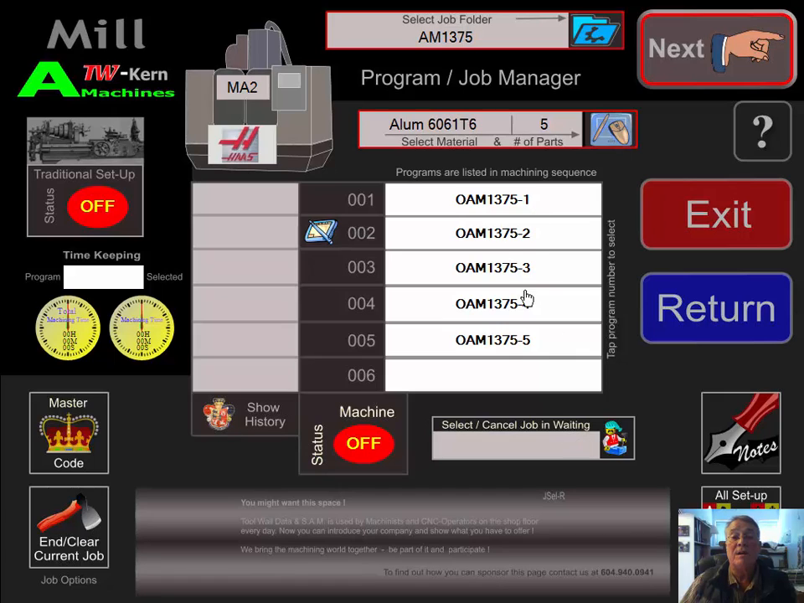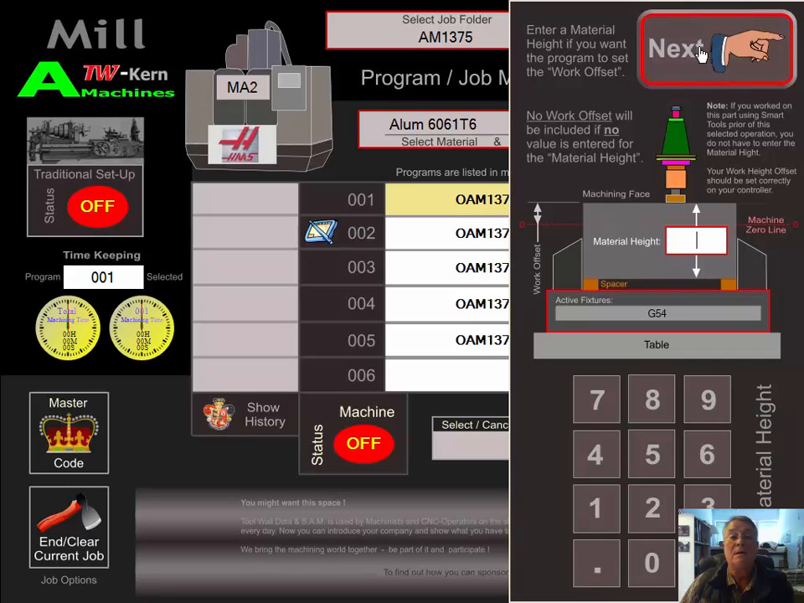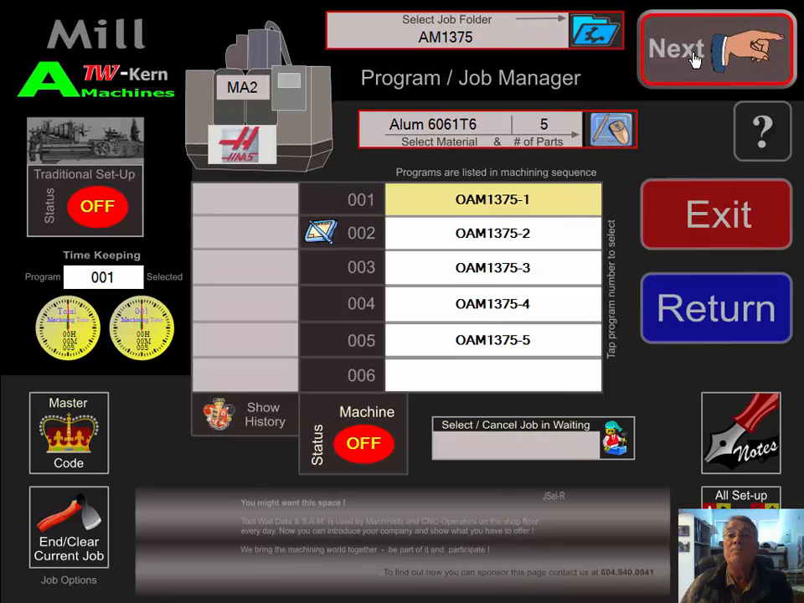This page now shows us that we have 5 subprograms which are listed now in the machining order. And we're going to start, needless to say, with the first subprogram. So we have 5 off. So I select subprogram number 1 and go next. Toolbar will do the work offset as well. So I will put in my height of my piece, which I have now 5 inches is my workpiece height,